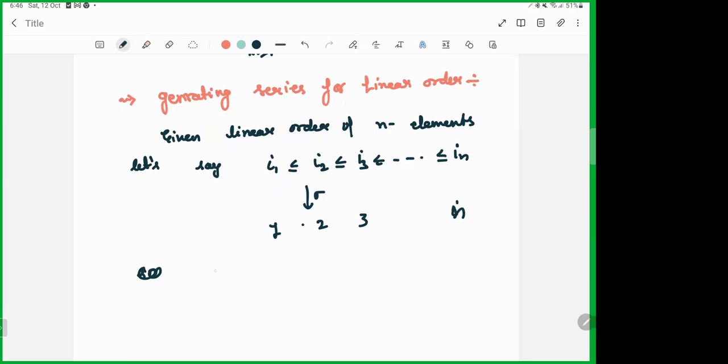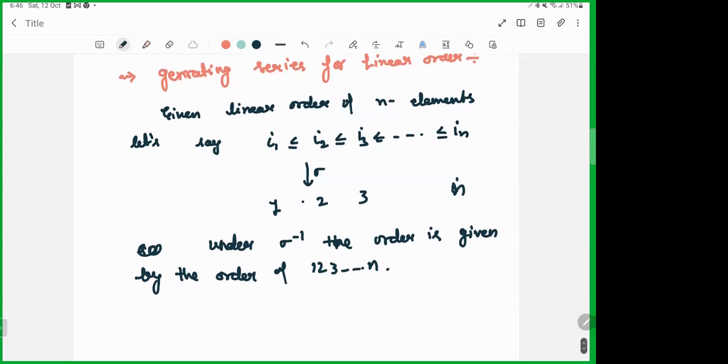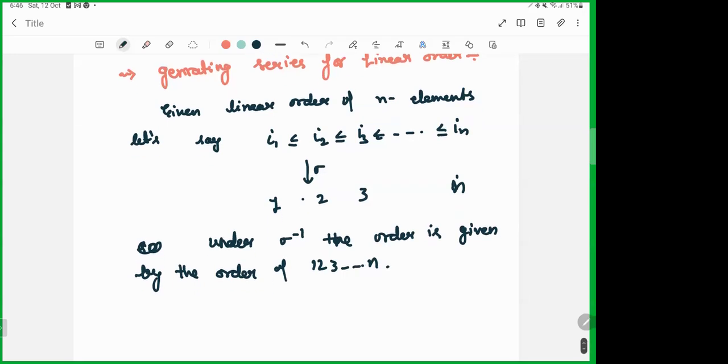Under sigma inverse, the order is equivalent to the order 1, 2, 3, up to n. So hence the equivalence